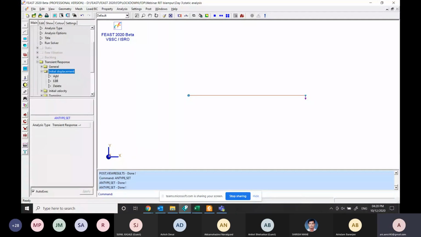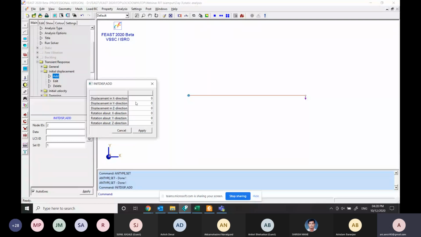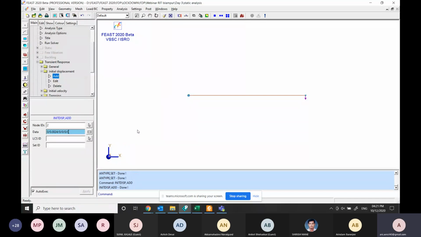The initial displacement value we can apply to this particular node, and the value of the initial displacement is applied in y direction because the beam is deflected in y. So I'll give the deflection value as 0.024. This value is nothing but the static deflection which we have achieved using static analysis. I'll click on apply.